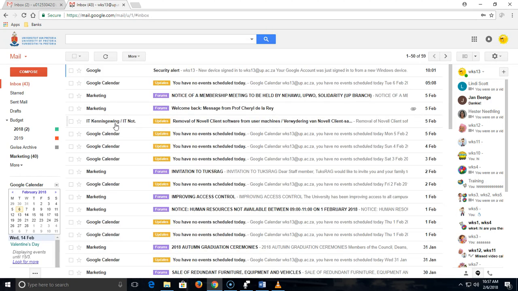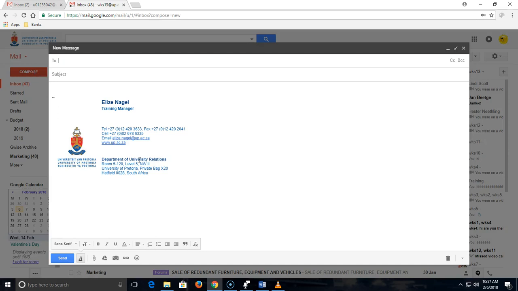Once the canned response lab is enabled, then I click on Compose. I do not enter anything in the To field because this is now where I want to create the template. Very important, if I type in a subject, the subject will become the heading or the name of the canned response. I'm going to use a tender